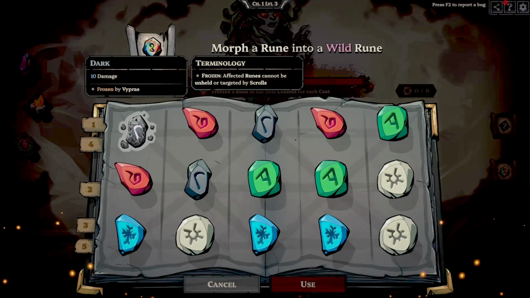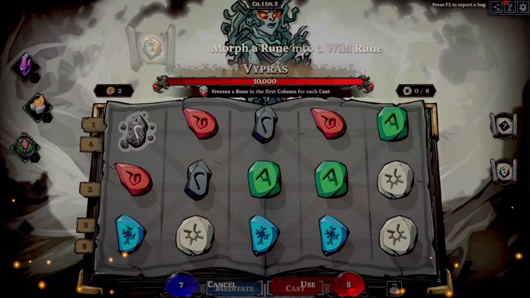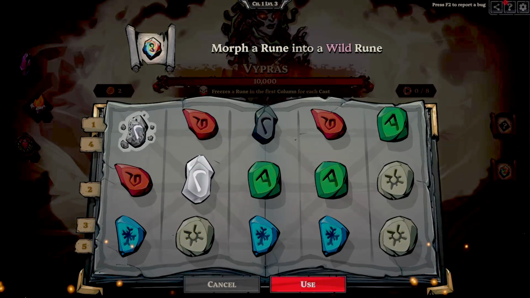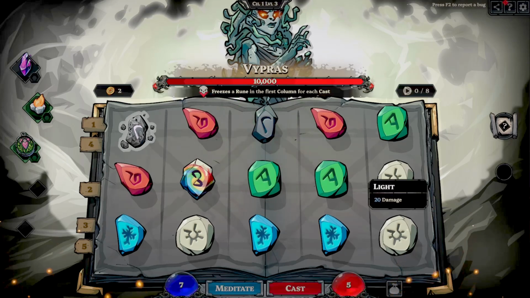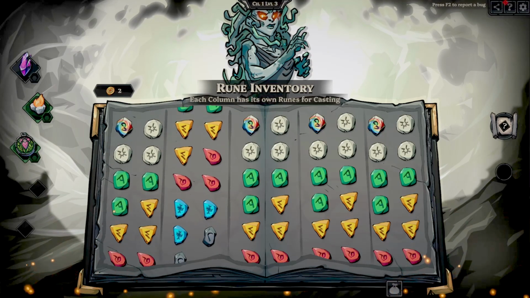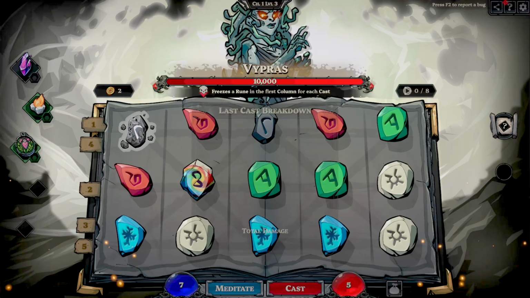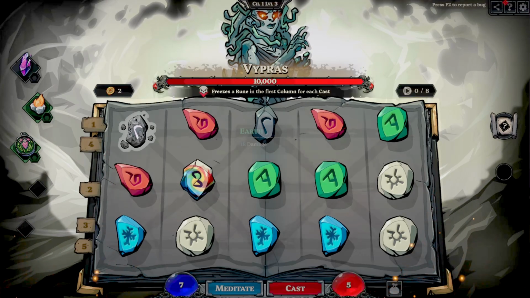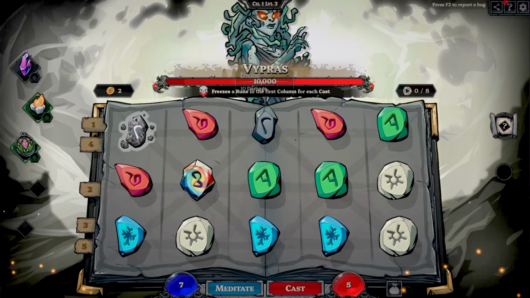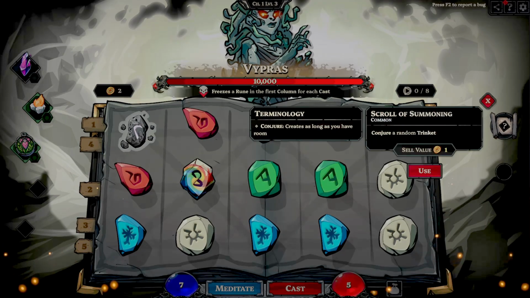We're gonna use this. Oh, we can't change it. Oh no, we're gonna use this, and we're gonna turn that into a wild. Which then, as we've been learning, we've got rid of a gray and we've increased our wild to 2. Honestly, I probably should have put it in this third column. But you know,